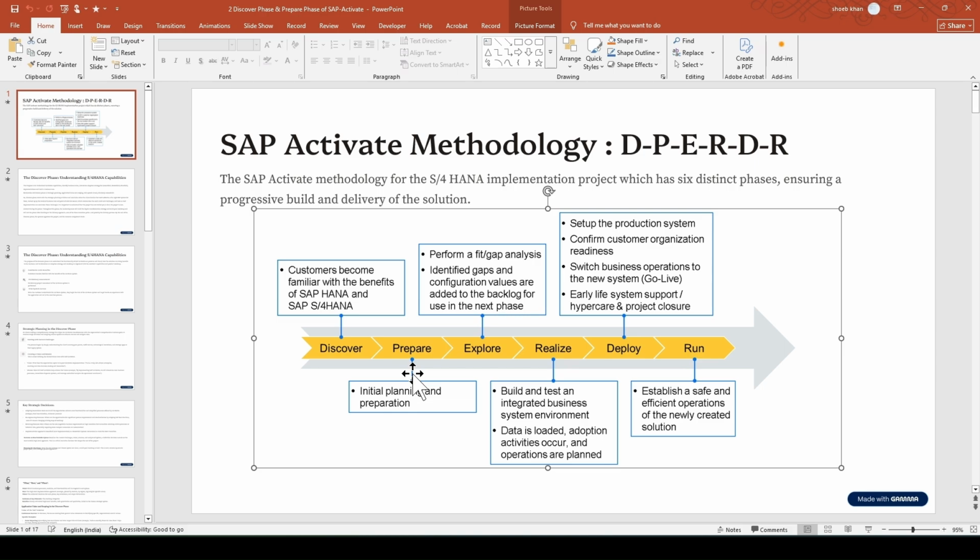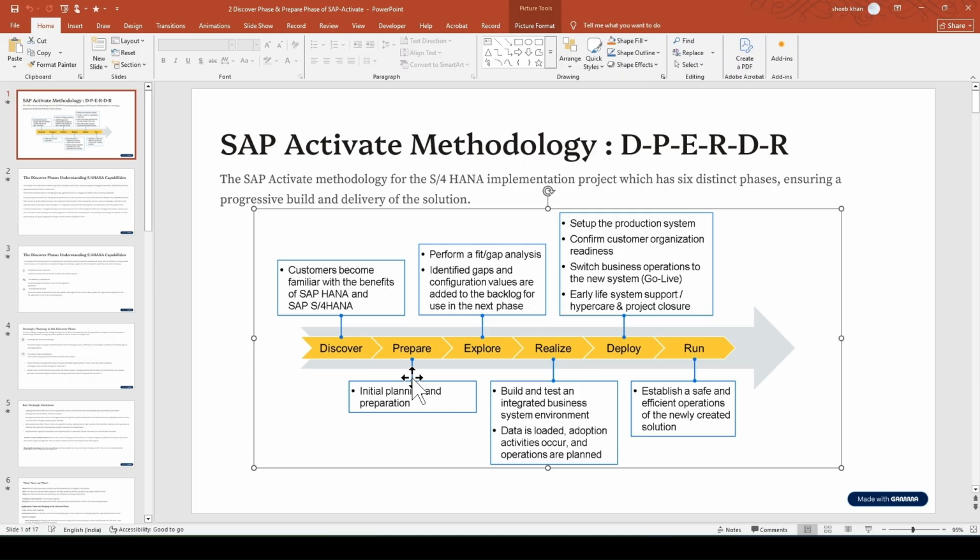Majorly what they do is here they will prepare the project scope, which is like how many modules they want, as well as what kind of SAP S4 HANA product they are looking for, as well as how many modules will fit their business, as well as what will be the duration, what will be the cost, what are the licenses. All these things they will be discussing, so that will be in the project scope document,